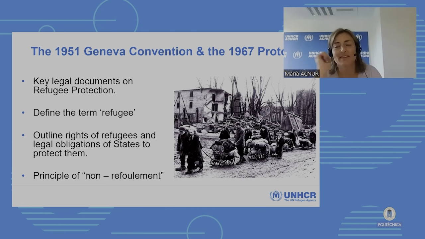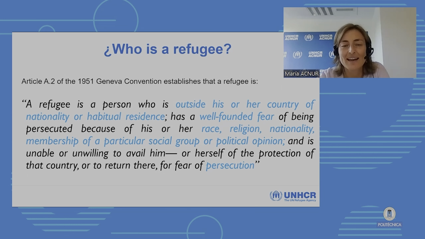Okay, great, Mercedes. Well, you're very near. Yes, you have, I think, mentioned some of the most important elements of the definition. Let's go to the literal definition that is contained in the Geneva Convention, and you will see that you got it right. It's Article 1.2 of the 1951 Geneva Convention, and it establishes that a refugee is a person who is outside of her country of nationality or habitual residency, has a well-founded fear of being persecuted because of his or her,